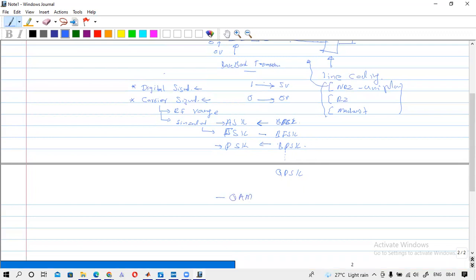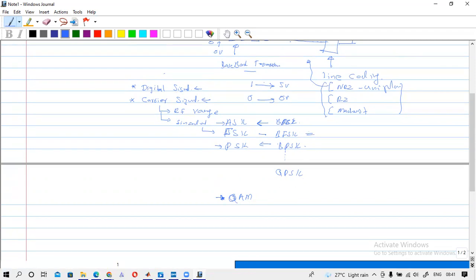This is the most popular modulation scheme. You can achieve a higher data rate using these QAM modulation techniques. These are the basic modulation techniques we are using, to convert a digital signal into an analog carrier signal. In this lab we are mainly focusing on BFSK,